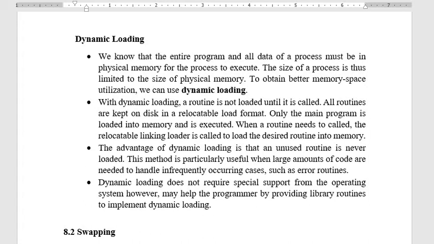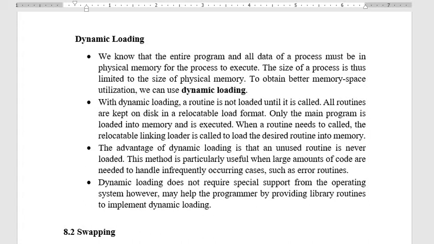This method is particularly useful when large amounts of code are needed to handle infrequently occurring cases such as error routines. Suppose the code we have written to handle errors is only infrequently called, right? They are not going to be called every time.